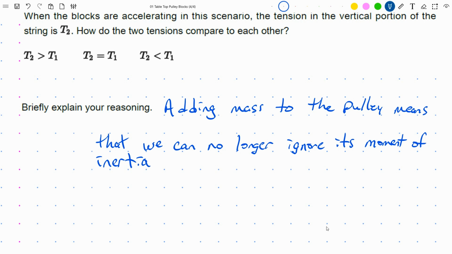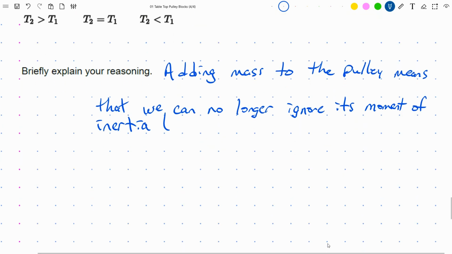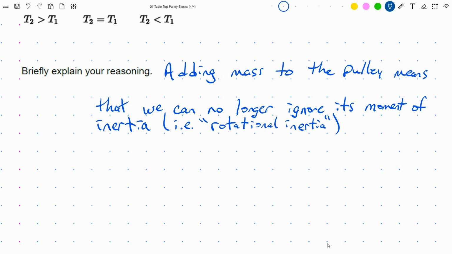By the way, moment of inertia is quite often also referred to as rotational inertia. Okay, so let's just slip that in. I think either term would have been acceptable here, but I'll just show you both in case you've come across one and not the other. So we can no longer ignore its moment of inertia